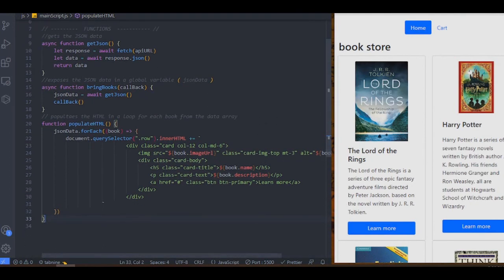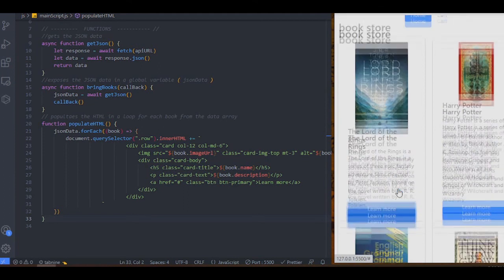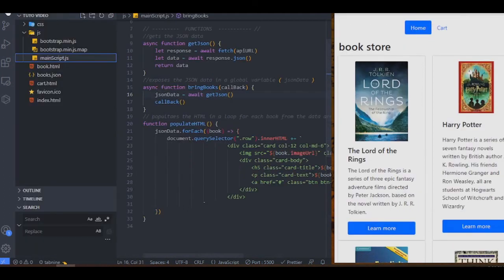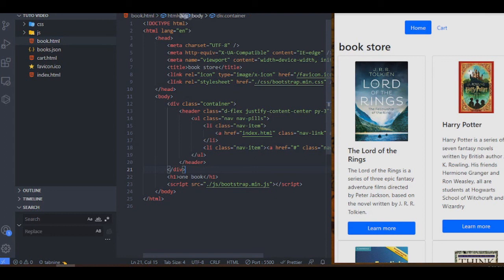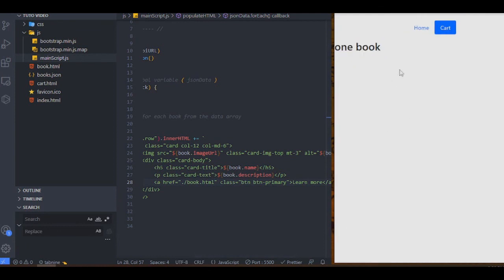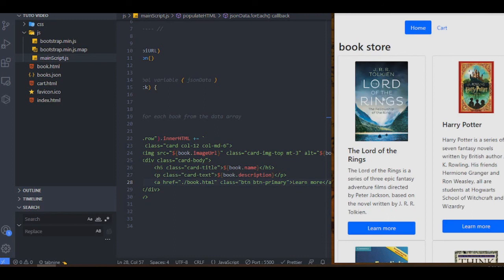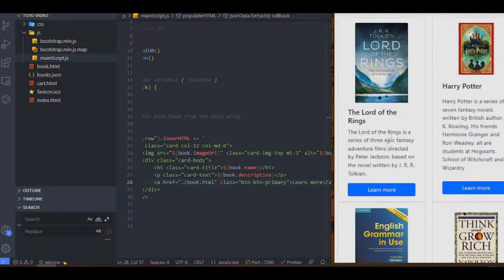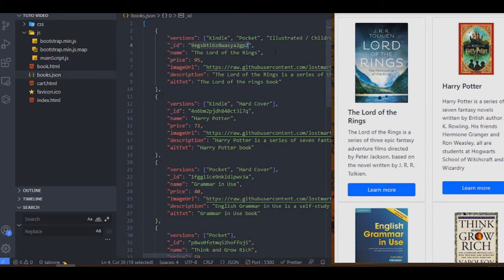Now, there's one more thing that we are going to do, which is every time that we click here, we need to arrive at a new page that we're going to call book. Let me put this here. This is going to be book.html. Now this one page will have all the information that we need about this specific book. The way we're going to do that is by getting the ID number, which is a unique number or string. So we're going to be passing this ID